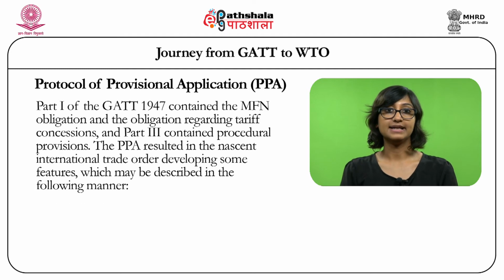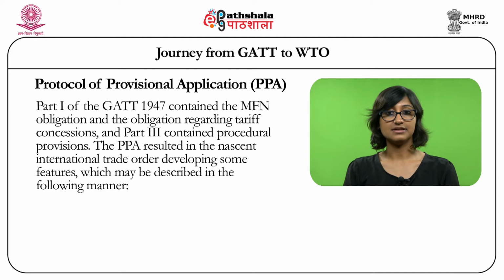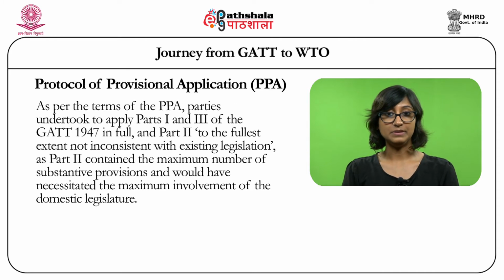Part 1 of the GATT 1947 contained the MFN obligation and the obligation regarding tariff concessions, and Part 3 contained procedural provisions. The PPA resulted in the nascent international trade order developing some features which may be described in the following manner. As per the terms of the PPA, parties undertook to apply Parts 1 and 3 of the GATT